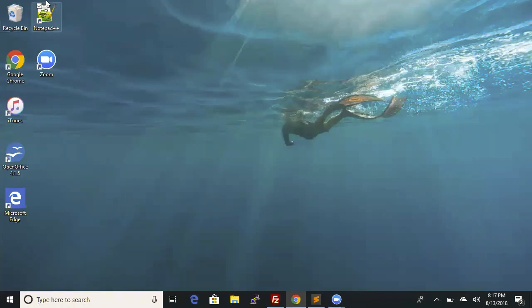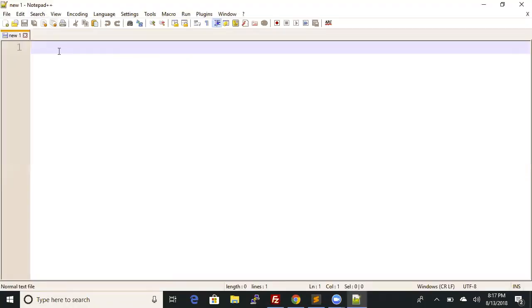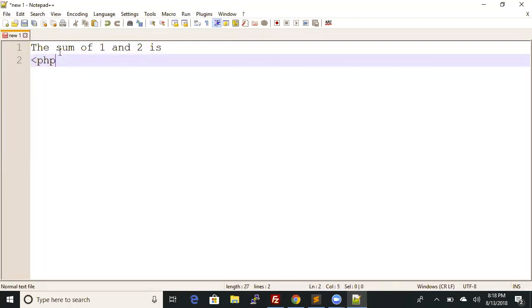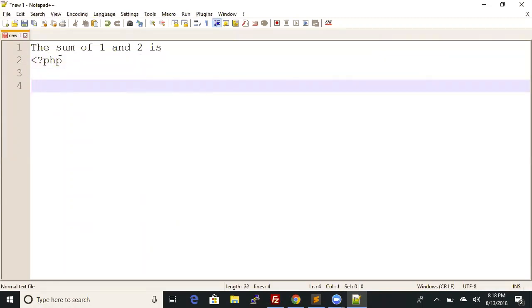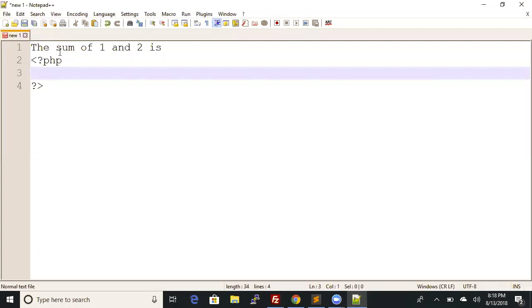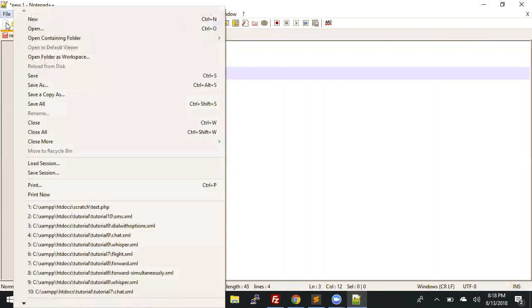We will again use our text editor, Notepad++, and we will do a simple PHP program that calculates the sum. We're going to say the sum of 1 and 2 is, and then we will start with the PHP code. We will end the PHP code here and then say echo 1 plus 2. Then save this as